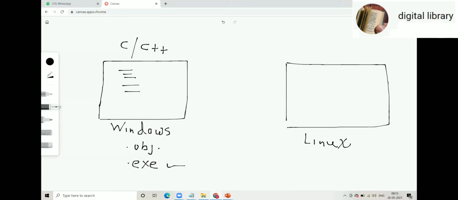When you get obj, that's the process of compilation. So on Windows, you first write the C++ code, then you compile, then you create the exe, and then you execute that exe. Now the same program, suppose I want to run on Linux.